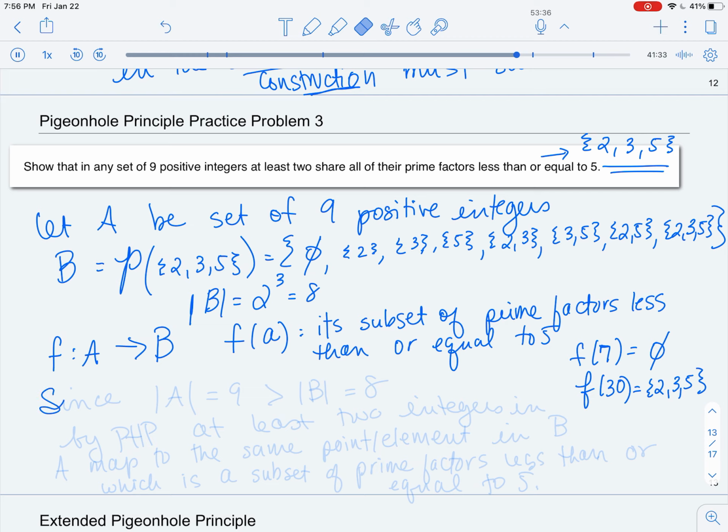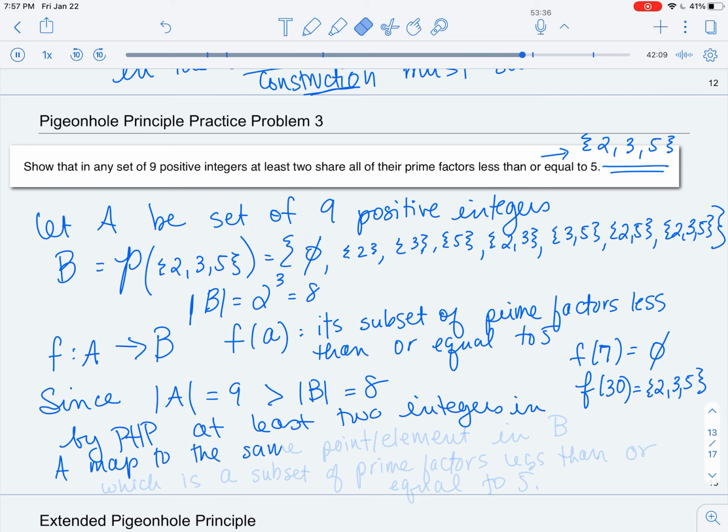Now, since the number of positive integers is 9, which is greater than the size of the power set of the prime factors less than or equal to 5, which is 8, by the pigeonhole principle, at least 2 integers in A map to the same point in B,